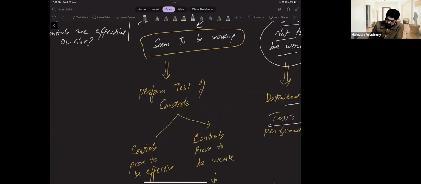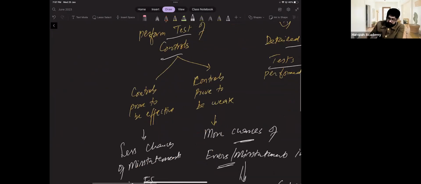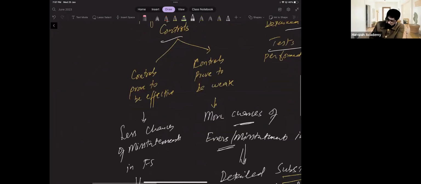Controls seem to be working. Now we have to verify they are actually working or not. Perform test of control with substantive. Now, if control proved to be weak,